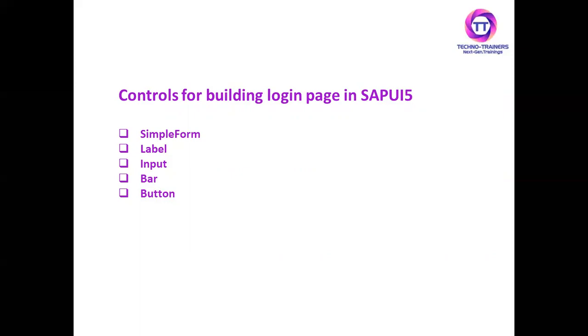The bar control helps while designing headers. If I want content to be controlled in a header, I can use the bar. A bar is mainly for designing footers, subheaders, and headers of the page. It consists of areas to hold its content, and it can center the content, such as a title, while having other controls on the left and right side. Finally we have the button. It enables the user to trigger an action by clicking or tapping the button or by pressing certain keyboard keys.